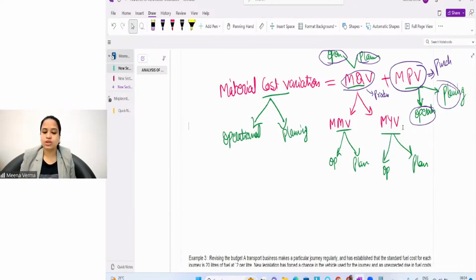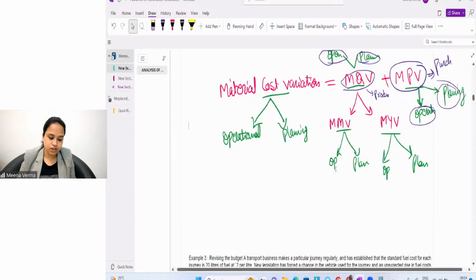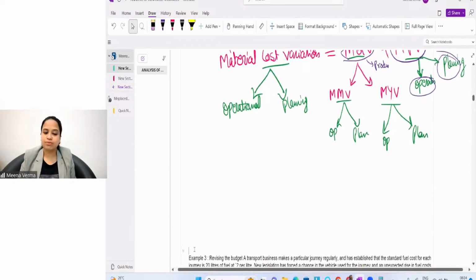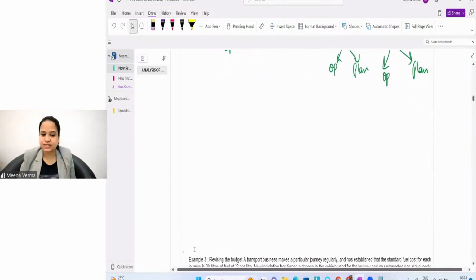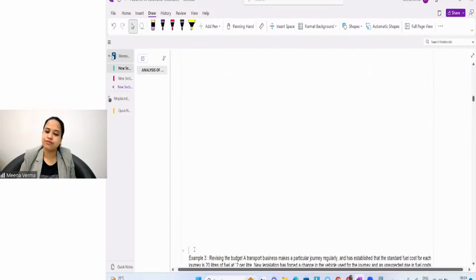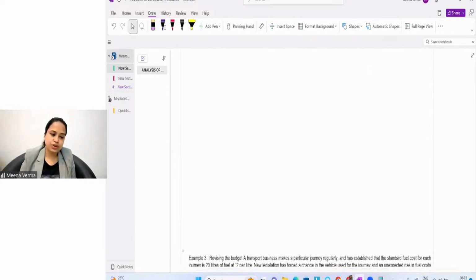We want to know the responsibility of both the managers, right? So for that reason, we are learning it in this form. And the point is that it is not just the material cost variation. We do the same thing for the labor also. Because the strategic level manager is responsible for everything, they approved it, right? So if you study about the labor